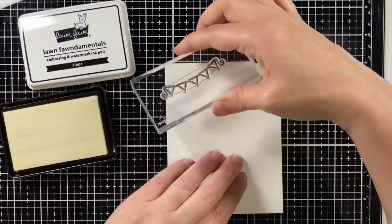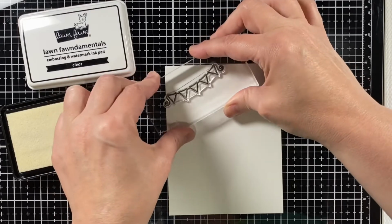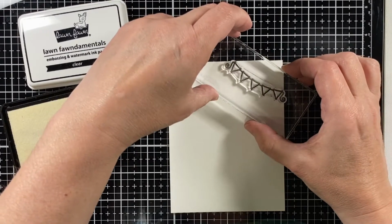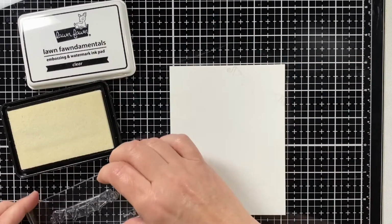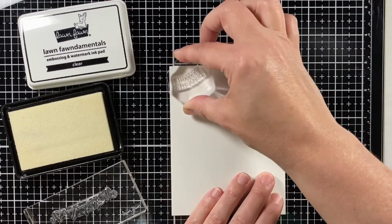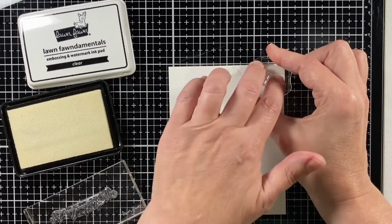So I'll pick up the stamp on my acrylic block, ink that up, and stamp it down. I'm going to stamp one on the left upper corner, and then I'm going to stamp it again on the right upper corner. And that will indicate that we are celebrating. We have a party going on. And then here is the word we from Really High Five. And I curved it on my acrylic block so that it followed the curve of the banners,